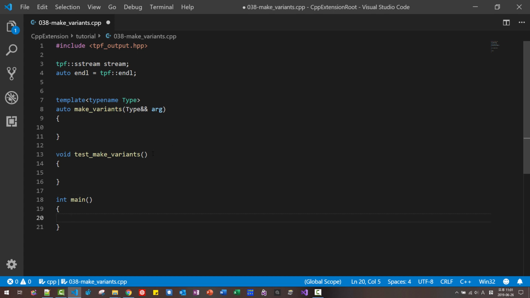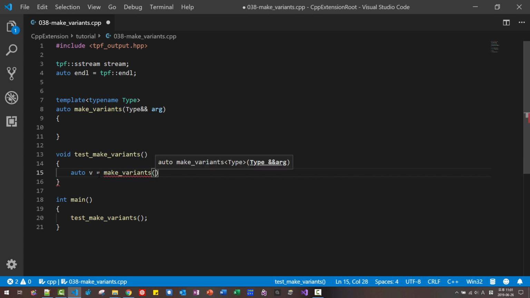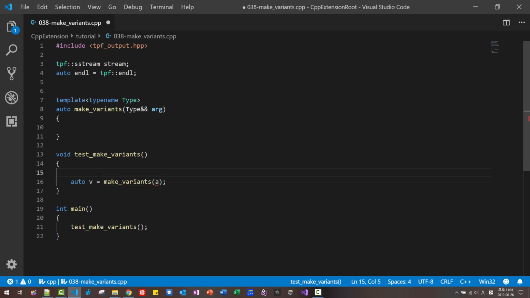We copy this function name and paste it here. So we call this function from here, auto b = make_variant. We will pass a, int a equals 5. Now here